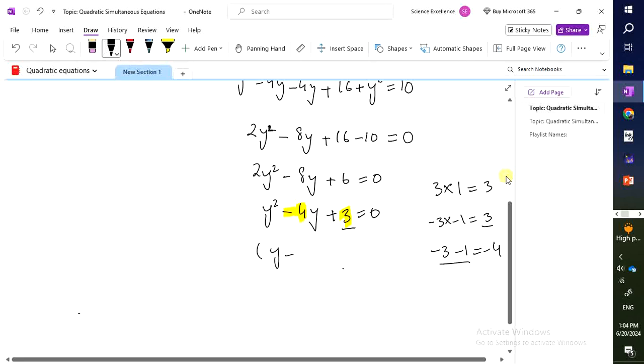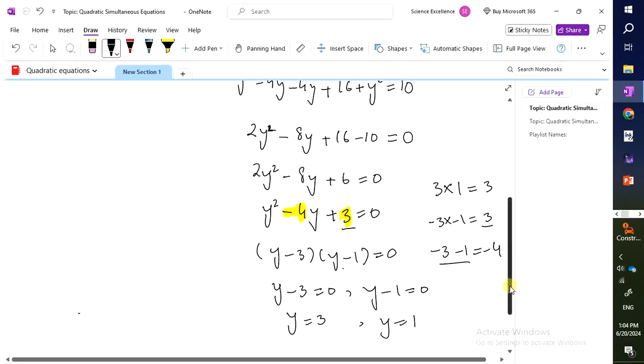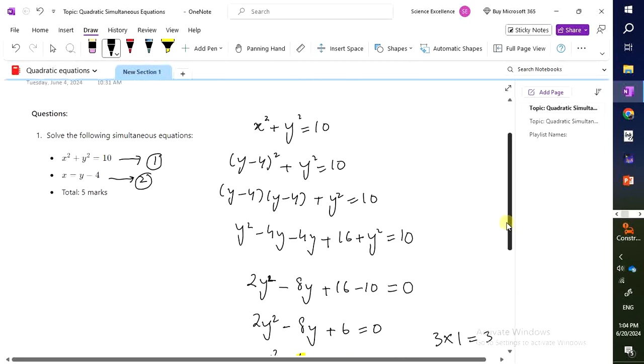So the factorized form should be (y minus 3) times (y minus 1) equals 0. Now we have a product of two factors equal to 0. That means either y minus 3 equals 0 or y minus 1 equals 0. So that means either y equals 3 or y equals 1. So we have two values, y equals 3 or y equals 1. So from equation number 2,